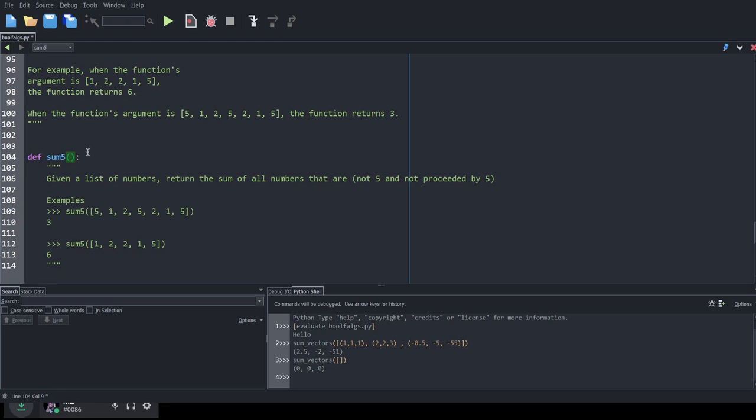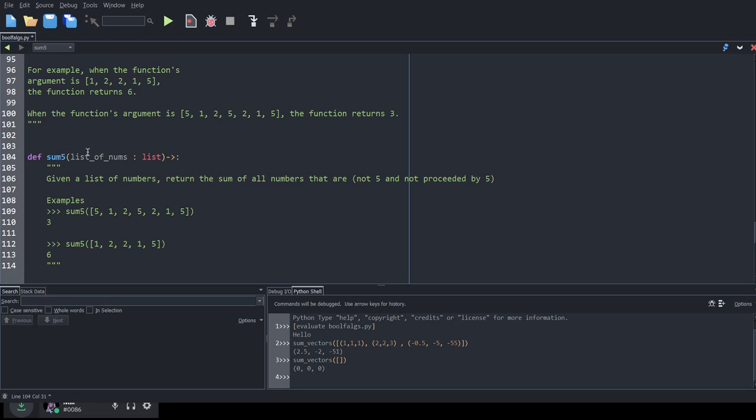Our input to this is going to be a list of numbers. Maybe we can call that list nums. I think that's a reasonable name. And that's going to be a list. Don't have to specify what's inside. That's not super important, not for this course at least. For future courses, different story.